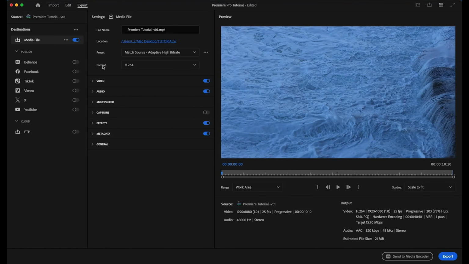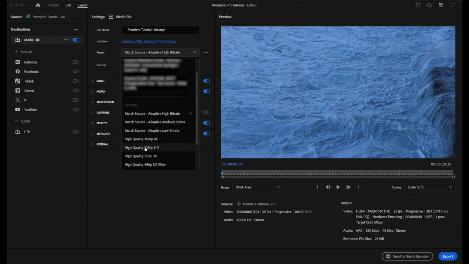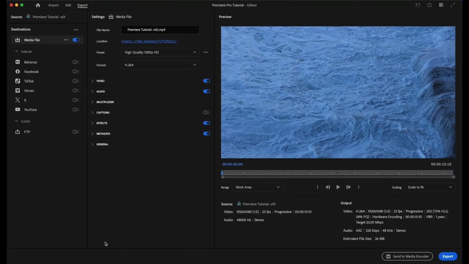For format, I would choose H.264 as this will work for most platforms. And I would choose a preset like high quality 1080p as this also will work for most platforms. And next, all you have to do is hit